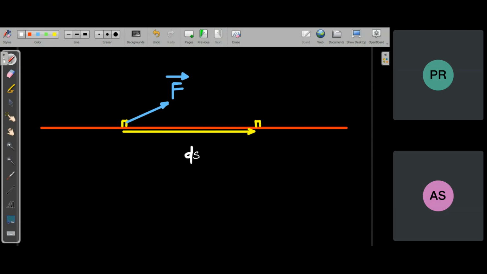So for the entire displacement, this yellow vector, the force does not have the same value. That's why we cannot directly find the work by taking the dot product of the force and the total displacement. We cannot take the dot product with the total displacement. Are you getting? What we can do is